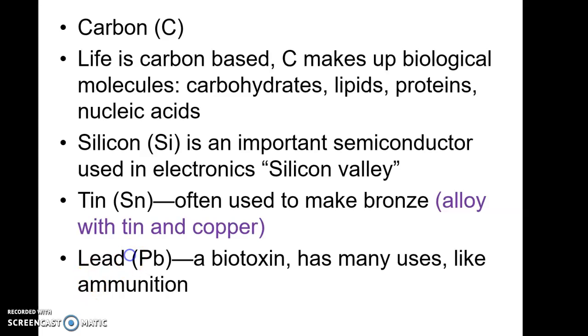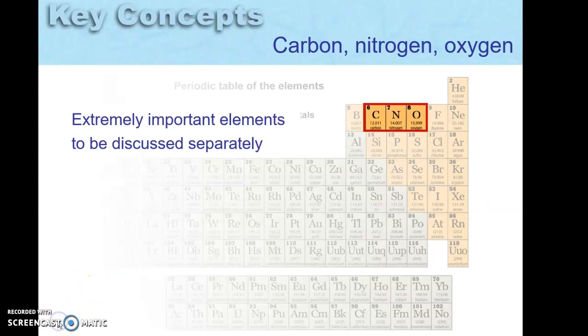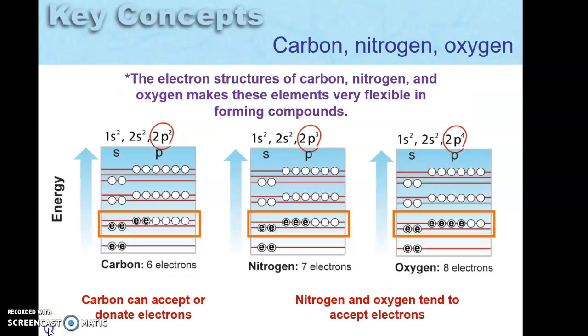And then we have our carbon, nitrogen, and oxygen. So this is the carbon family, which we just talked about, the nitrogen family, and the oxygen family. And these 3 on top are extra special elements, because they can form lots of different compounds that are biologically important. So kind of what is going on there,